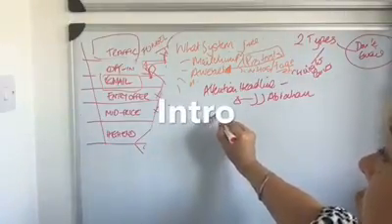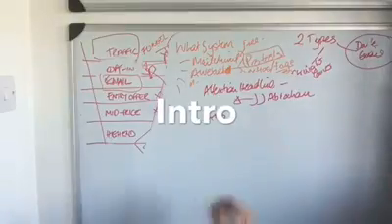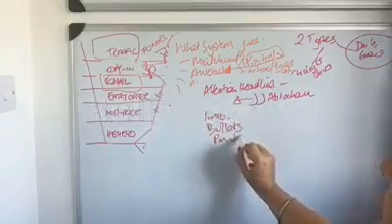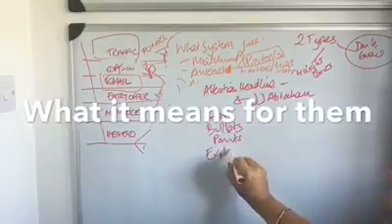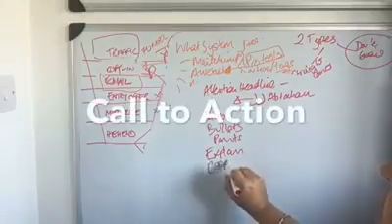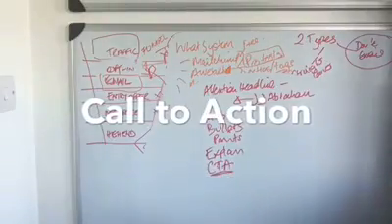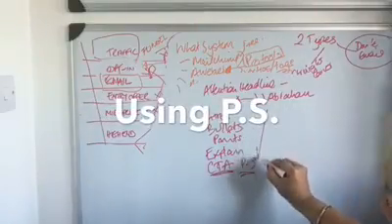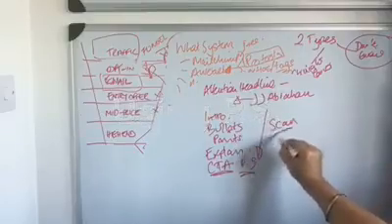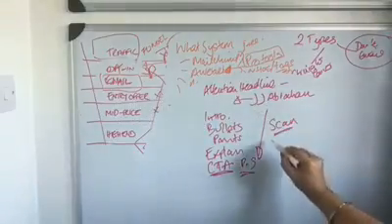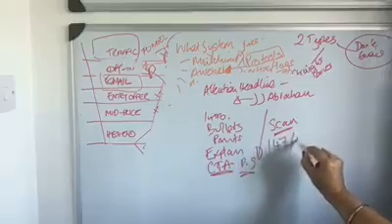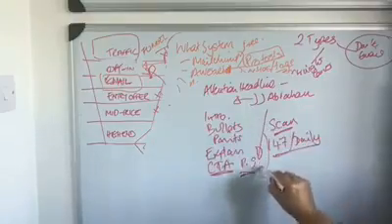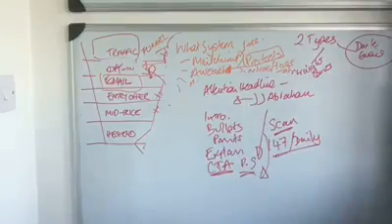Then you want your intro, which is going to be short, obviously. Bullet points, explanation of why it's applicable to them, call to action. Call to action being to buy your program. Now, often the calls to action are put in the PS, because when people scan the emails, they don't read them properly because they receive on average 147 emails daily. They're going to drop down to that PS because we always know that PSs are something we tend to read